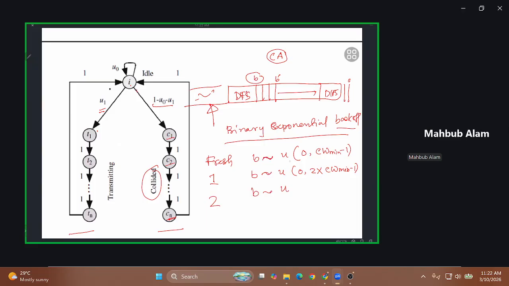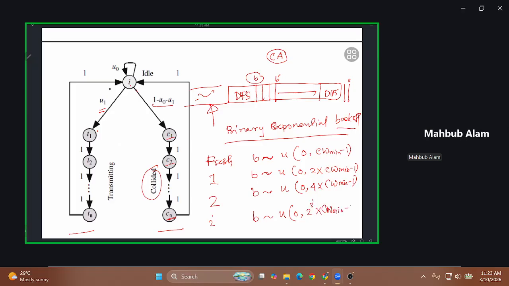So uniform in between 0 to 4 times C window minus 1, that we will see now. In the ith backup state, the backup value is chosen in between 0 to 2 to the power i times C window